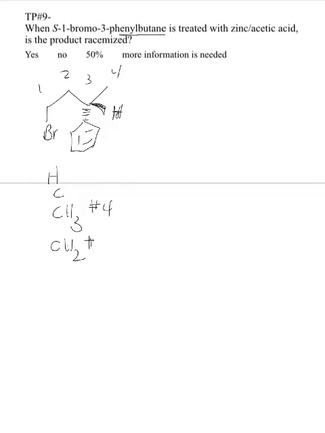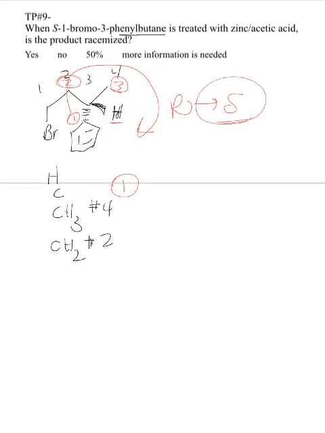a methylene group, which is number 2. So the priority would be the 1 carbon would be the highest, because it's going to be connected to more carbons. The second will be your methylene, so let's just go 1, and then methylene, that would be 2, and then the third would be your methyl. And so if you did this, you'd say that is clockwise R, but your hydrogen is in front, so you'd have to do the switch, and this would be S, and that's what you're wanting,